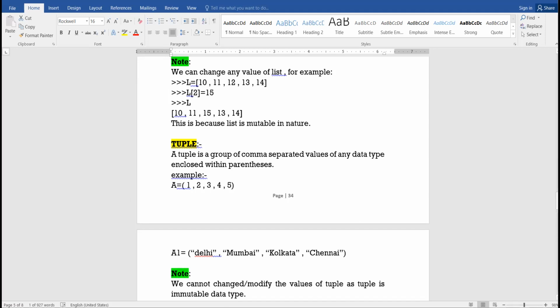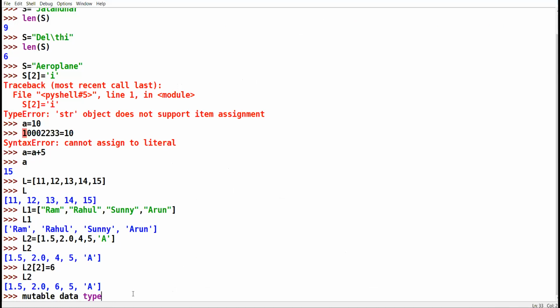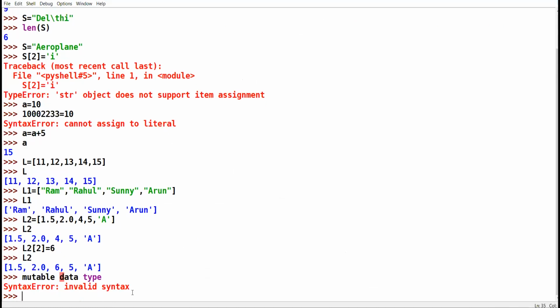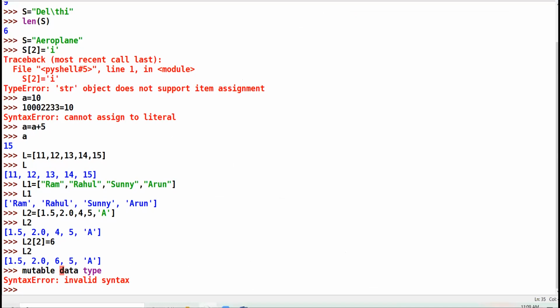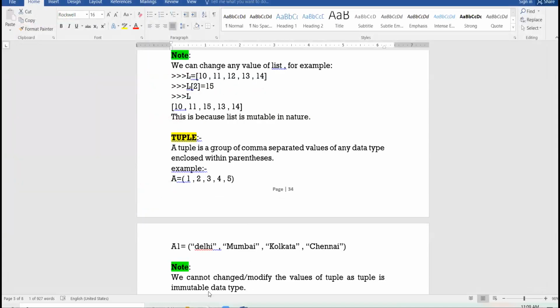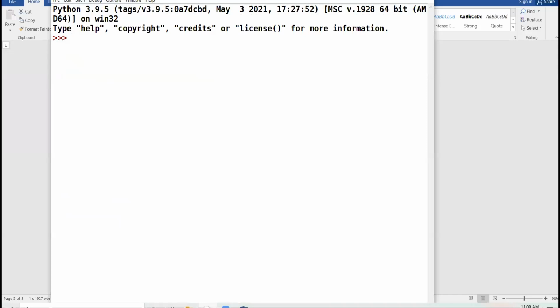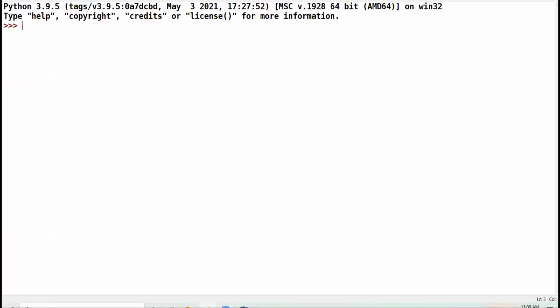Let us run it practically. I have a tuple T. I again open the Python window. Is Python window visible, class?